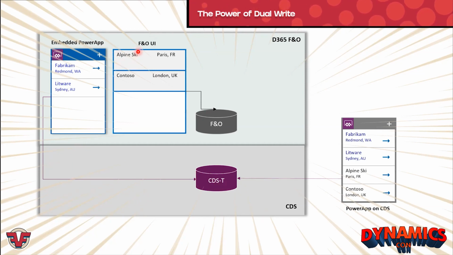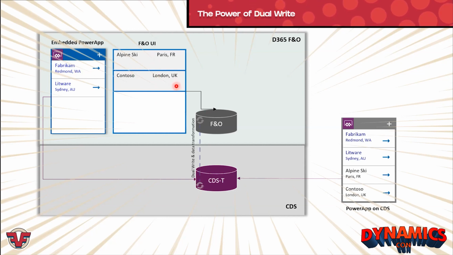As you can clearly see here, these two customers in FNO and these two accounts are not synced. If I am the Finance and Operations user and I log into my environment and I see these two customers and these two accounts sitting in my environment, I may get confused. I'll say there might be some data inconsistencies. I don't see these two, Fabrikam and Litware, in my Finance and Operations database, so where is this data coming from? So then